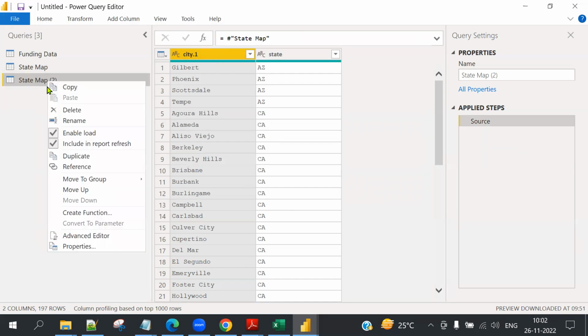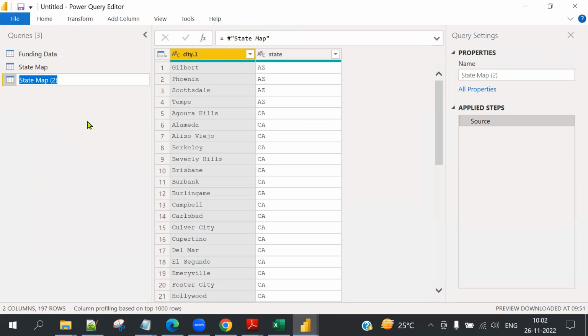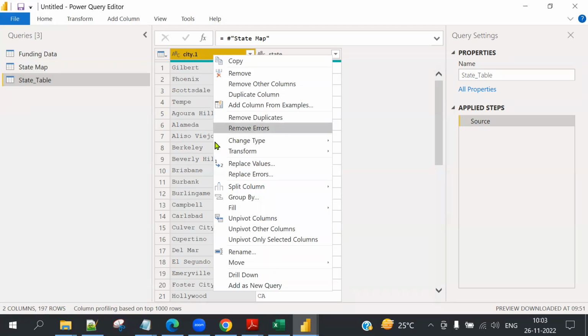A reference. I will take this table as a state table. I'll take this table as a state table. State. I will remove this. Right click, delete.